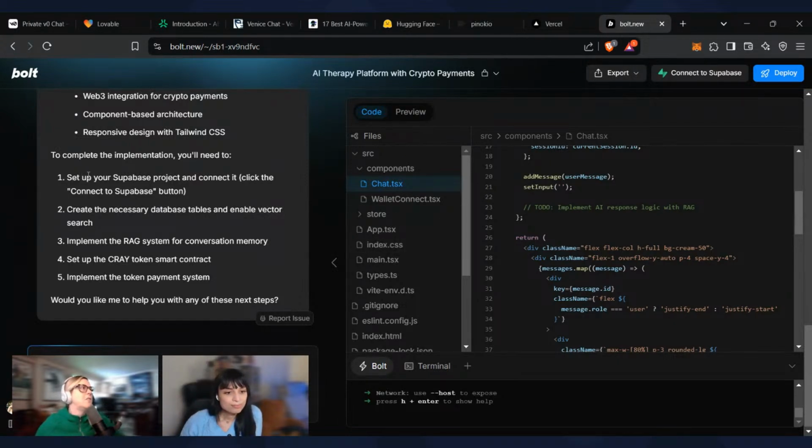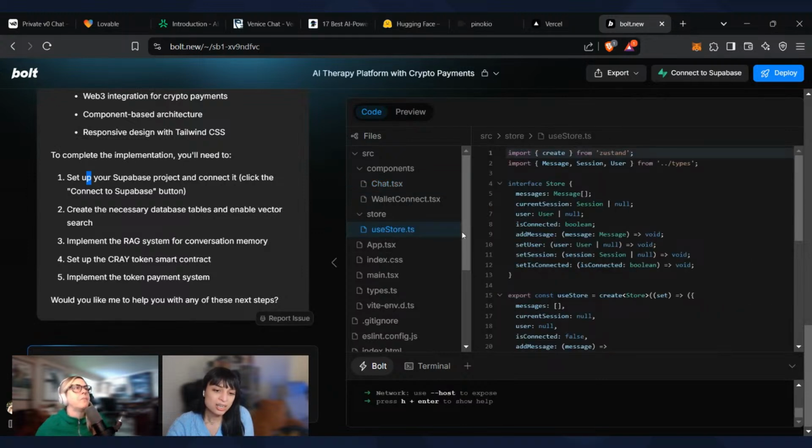So if it's saying to do this, then we know that in the code it's waiting for it. Well, let's see what store says. The component information is very focused on the UI part, like what you'll see in the UI. If you go to store, this is the information that's being stored and persisted throughout the app.